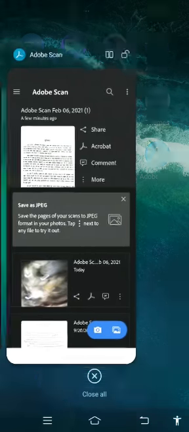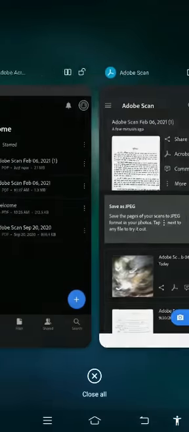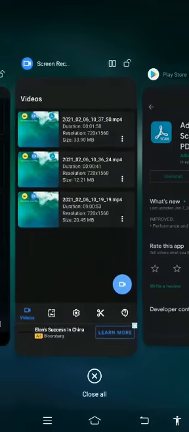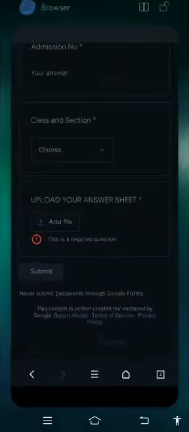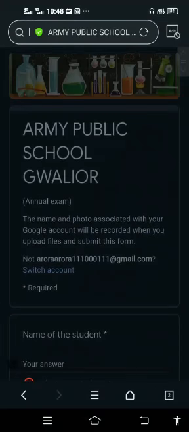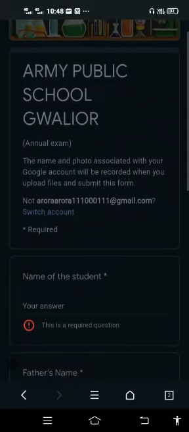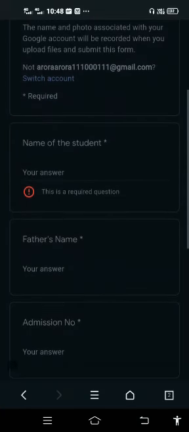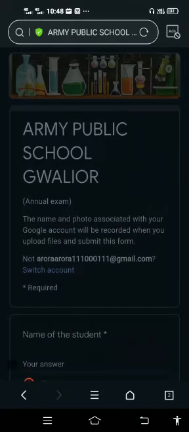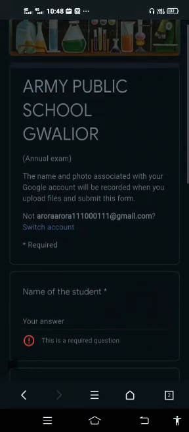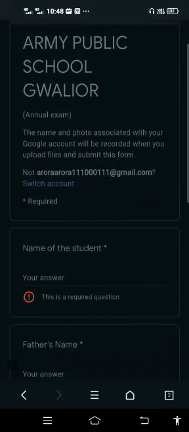Now I will show you how to upload this PDF into your Google exam, online exam. Okay, so this is one dummy exam, dummy paper, sample paper, which I have created only to show you how we can create it.